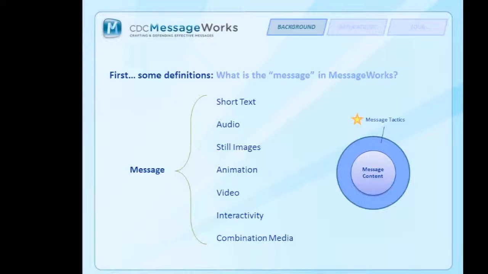The data that we have has all kinds of messages in it: text messages, messages that have visuals, messages that have some audio, and a combination of different media vehicles. Some of them are in print, some of them moving pictures, as well as audio only. And of course, we also have some data that look at combination of media. So that's the first part. So really, what we're hoping is that you will think of MessageWorks across different message platforms.